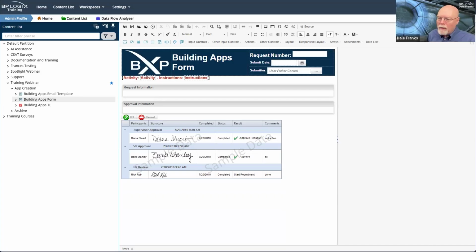We were working on the form and we had added the two sections for request information and approval information. The request information section is where we are going to put all of the information that will be required for each approver to review our request and determine whether or not to approve it. There's nothing much we have to do in this section. I don't really even think that there is much information that we need.